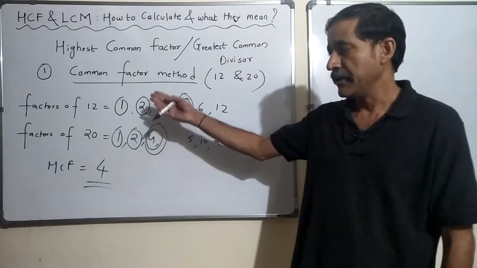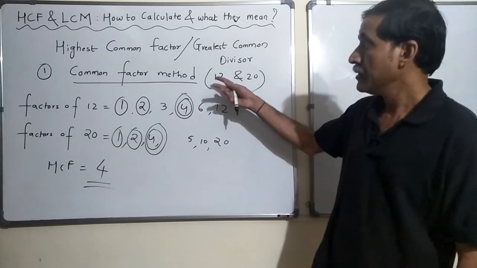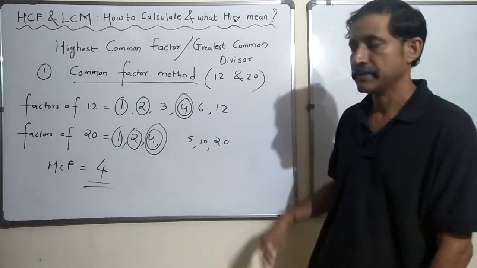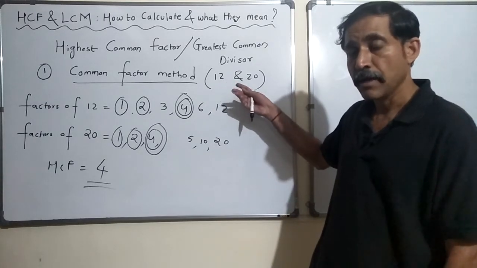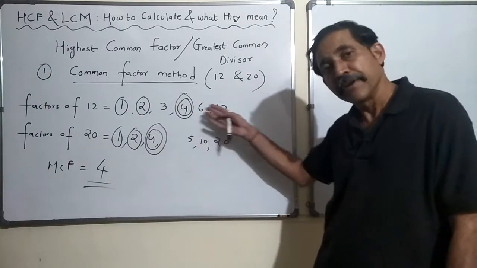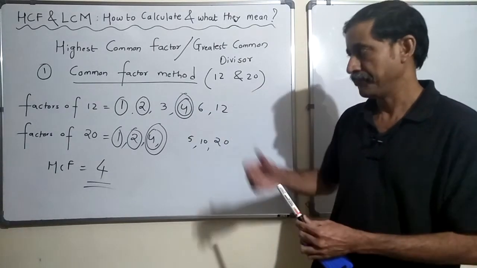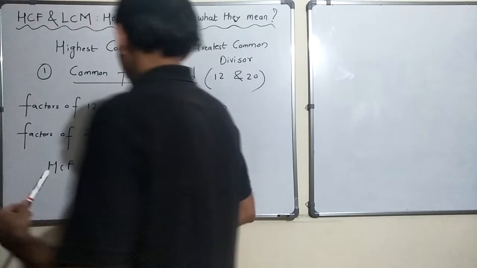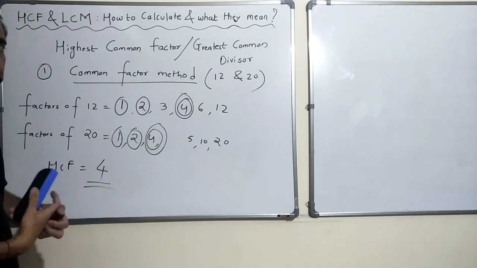Now, this is the common factor method. It would work for even if there are 3 numbers, even if there are 4 numbers, it would work even in case find the HCF of 12, 20 and maybe 30, it would work. The only thing is you will have to list down all the factors. Okay. Now, if I say find the HCF of 1000, 2000 and maybe let us say 700, it becomes very difficult to list down all the factors, alright. So, that is the only disadvantage I see for the common factor method. Now, let us move on to the next method. Okay, students, I guess you have got this correctly. So, note it down.